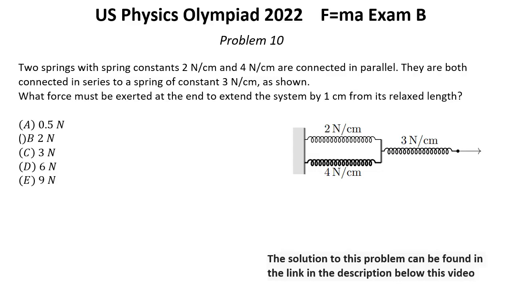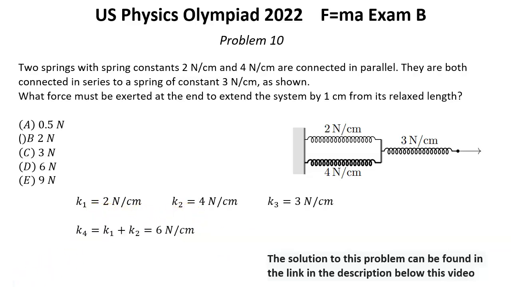Solution for problem number 10. Let's mark all spring constants by these meanings. Now we can use a regular formula for calculations of parallel and series connection for springs. For spring 1 and spring 2 in parallel, we have formula K4 equal K1 plus K2, which is 6 newtons per centimeter. And for series connection of spring K3 and K4, we have